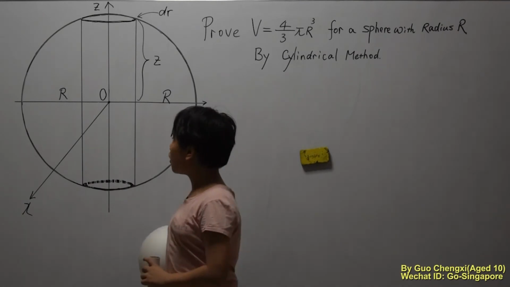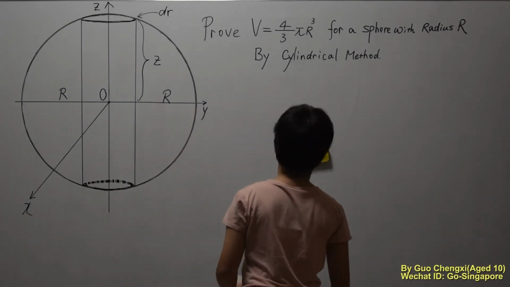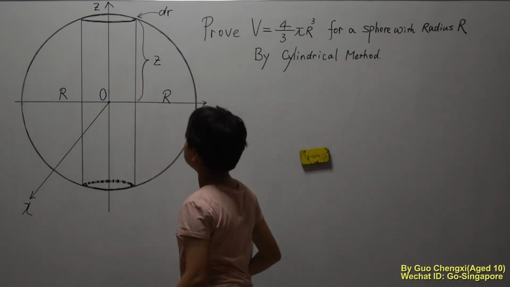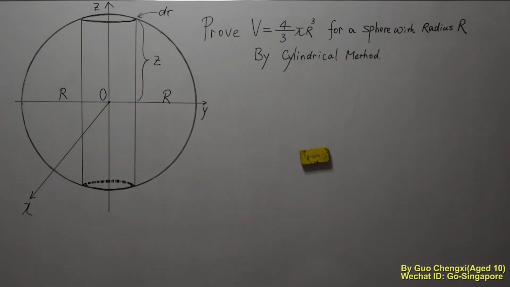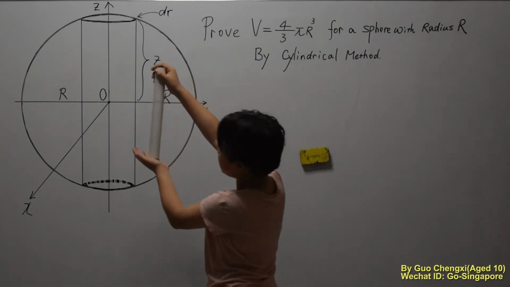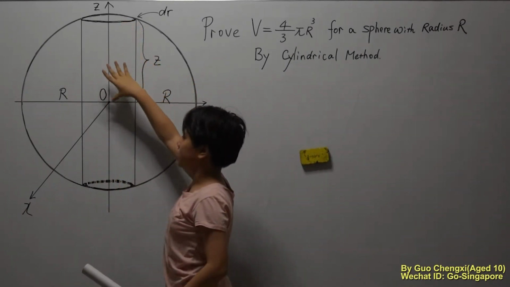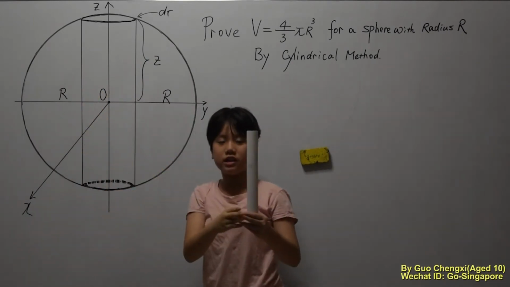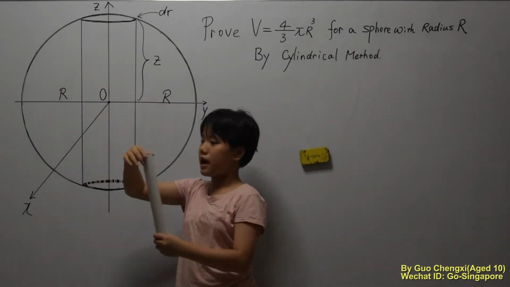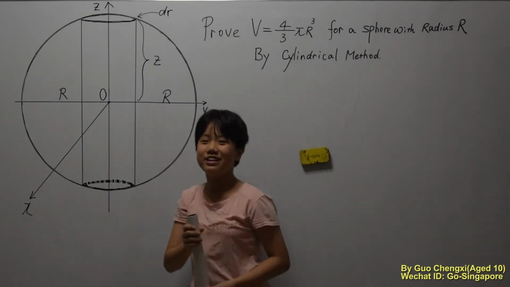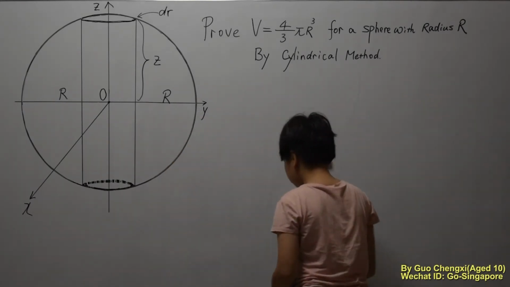Okay? So over here, for this lesson using the cylindrical method, cylinder by cylinder, at first it's very long, then after that it becomes shorter and shorter and shorter, while this part becomes bigger and bigger and bigger, okay? So, over here,